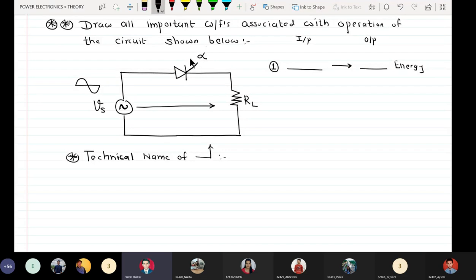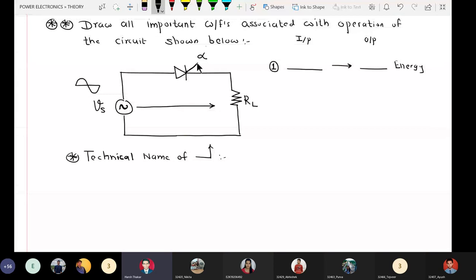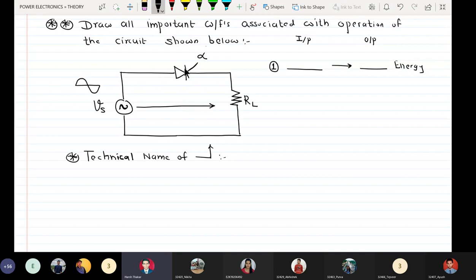So I must apply a firing pulse here. Till the firing pulse is applied, the SCR will not conduct. There will be an open circuit between VS and RL. That means in this particular circuit, to say that only the negative half cycle is being controlled is wrong. The answer is both half cycles are controlled, in the sense that the negative half cycle is completely blocked, because the negative half cycle at input will reverse bias the SCR, and the SCR is a unidirectional device. It can conduct, if at all, only if it is forward biased. I repeat, the SCR can conduct, if at all, only when it is forward biased.